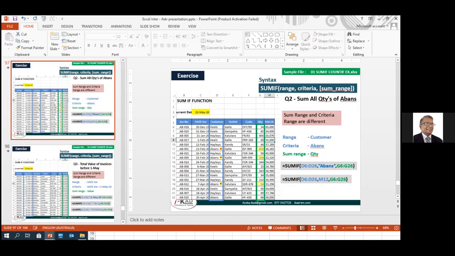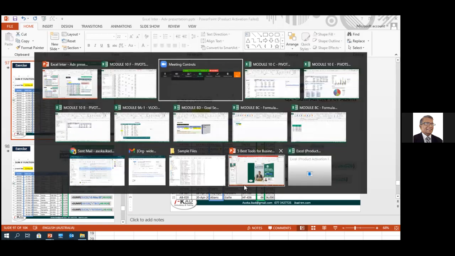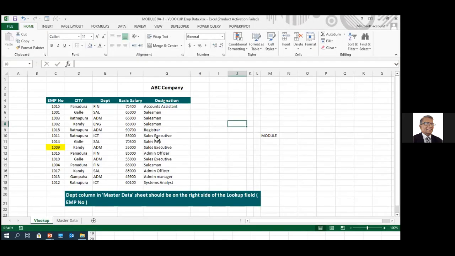Just one more thing. I think one gentleman wanted to know how to count colored cells, how to get a count of the colored cells. Right? I'll just do that. It won't take even 5 minutes, not even 2 minutes. Let's say if you are coloring it manually for some reason, let's say I'm coloring these ones, I want to find out how many colored cells are there.